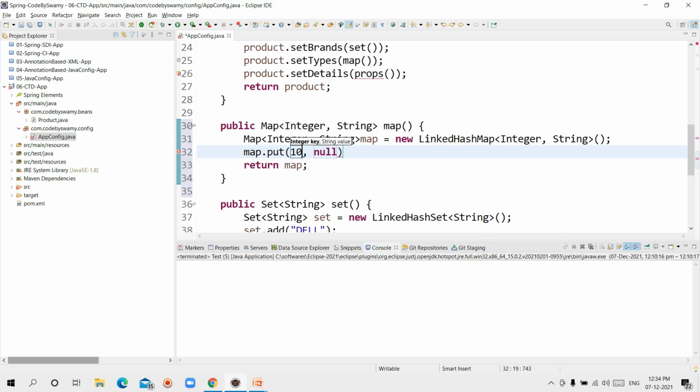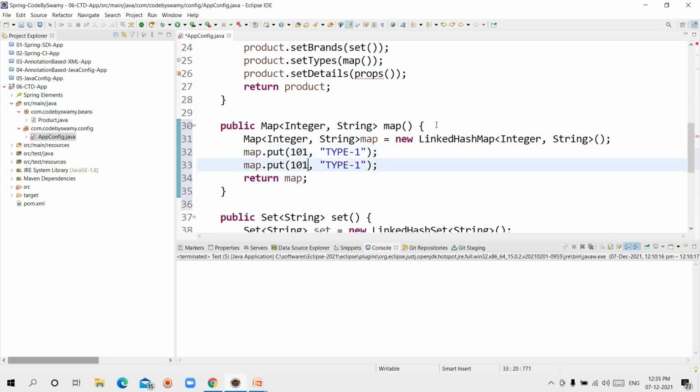I'm taking 101, whatever it may be. Types, I'm writing type 1. This is some number, this is type 7, whatever it may be. I have done with map collection also.